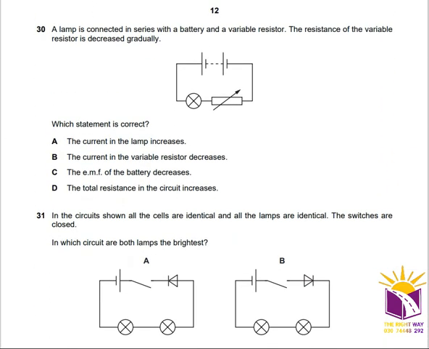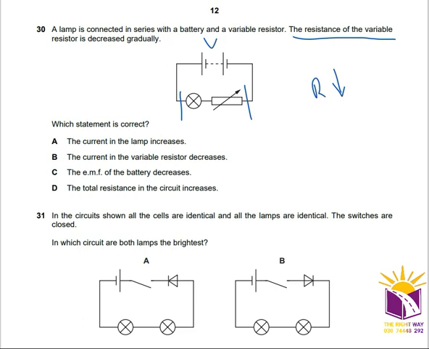Question number 30. A lamp is connected in series with a battery and a variable resistor. The resistance of the variable resistor is decreased gradually. Which statement is correct? The current in the lamp increases. As we know that voltage is the same, so same voltage across these two, as their combined resistance decreases,